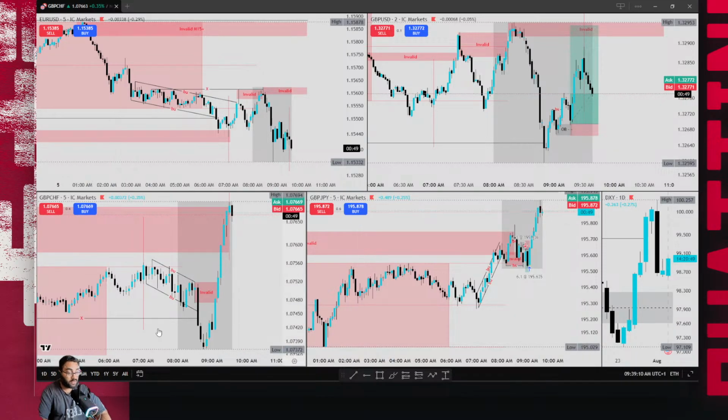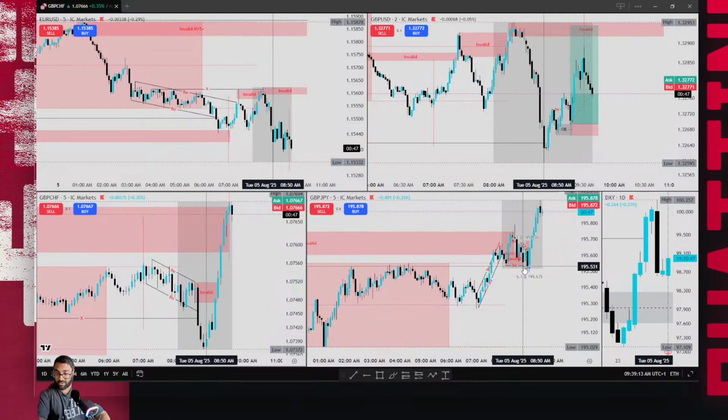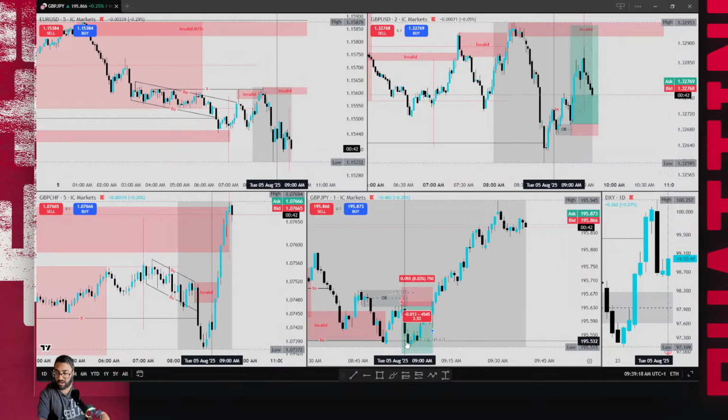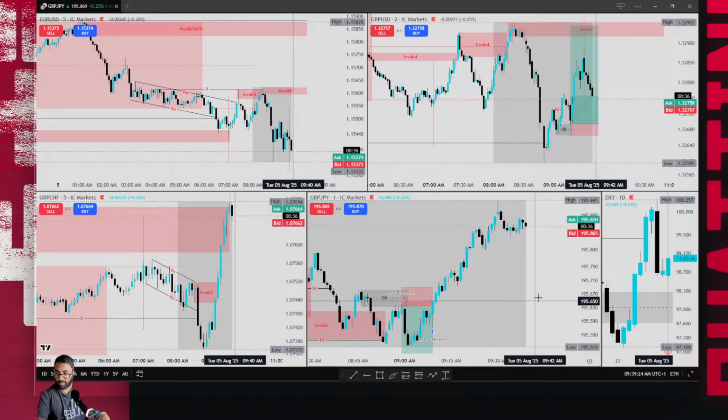Look, I took a GJ short right here. It was valid, completely valid. Got a break even in 2 minutes, 3 minutes if you include the entry, but I'd say 2 minutes after the entry I got break even. And then I was